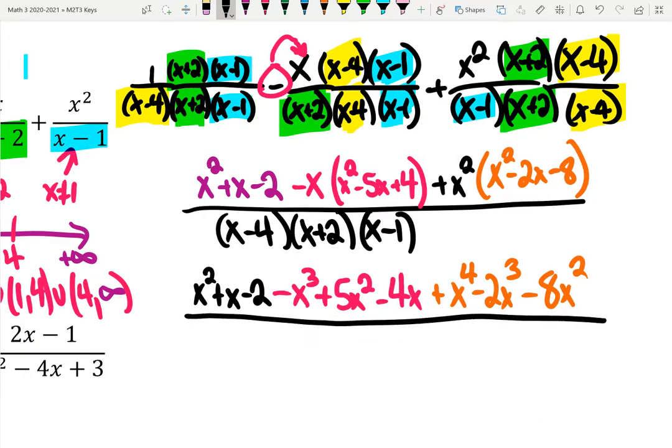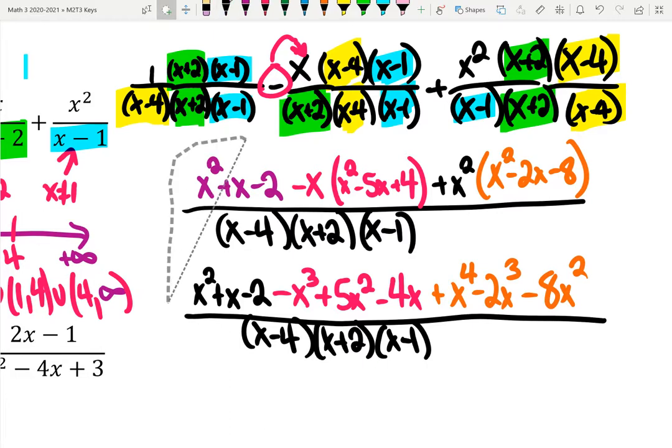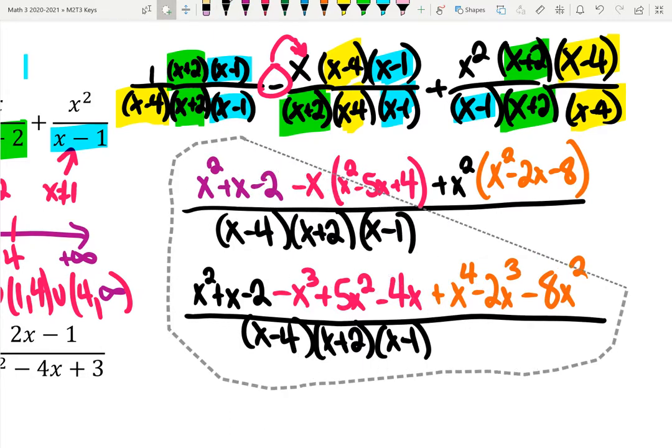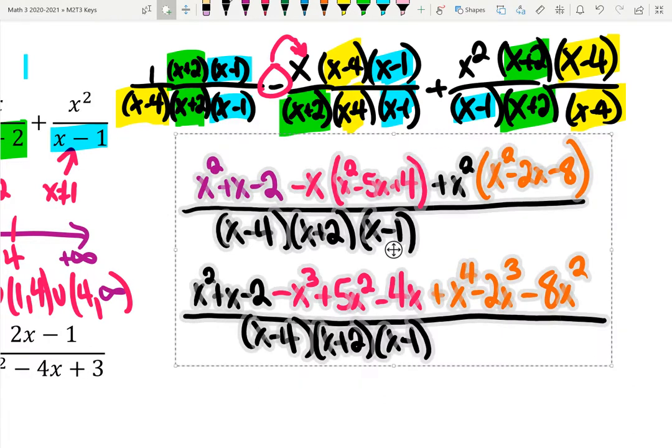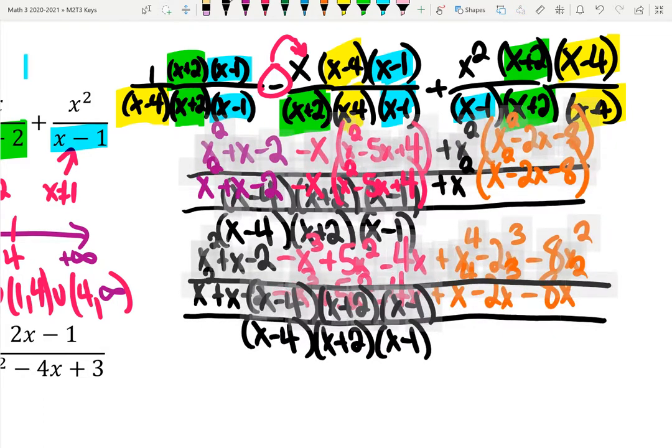All over the good stuff of x minus 4 times x plus 2 times x minus 1. Now this is a matter of just combining like terms correctly. This is going to be the part where, if I was successful in all of the previous steps, I should get to the right answer. However,